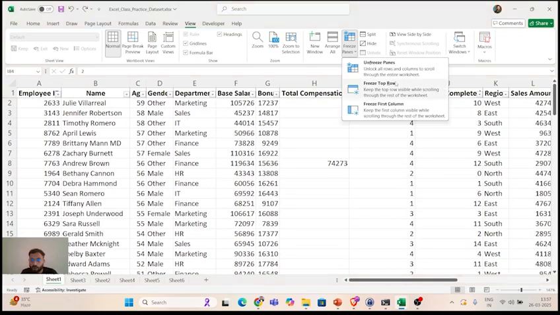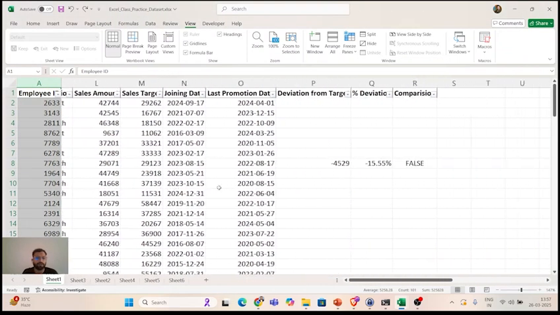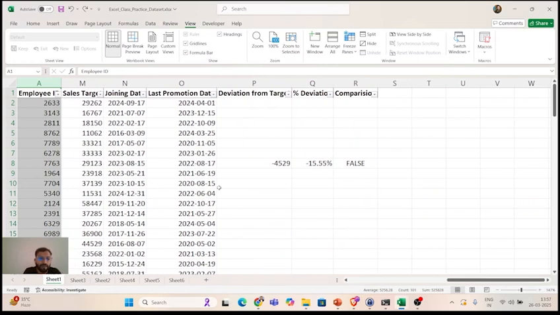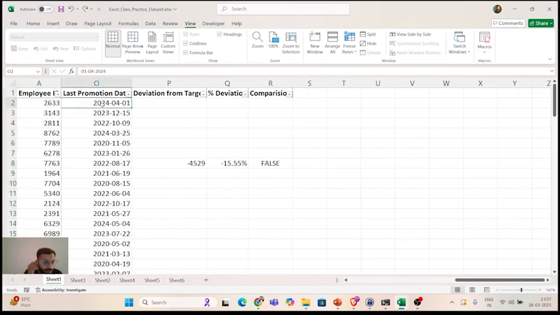Similarly, if you want to freeze the columns, you can do that. Let's say I want to freeze this column. So come to freeze panes, freeze first column. If I scroll right, see, first column is fixed. So this helps in mapping. Let's say if I want to see, okay, last promotion date, which employee is this for? So I can very easily map 2633. Correct? Before doing this, if I select this, I can unfreeze it,